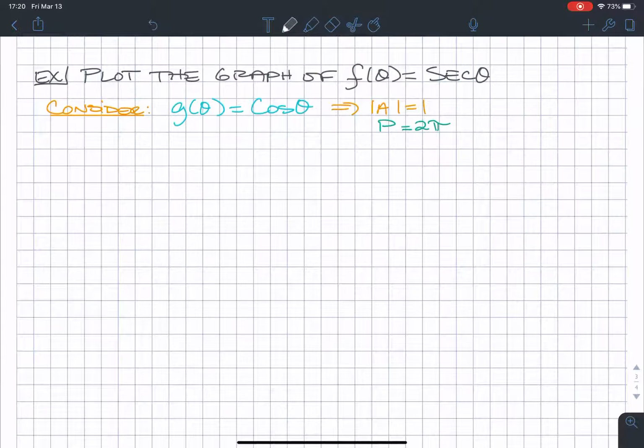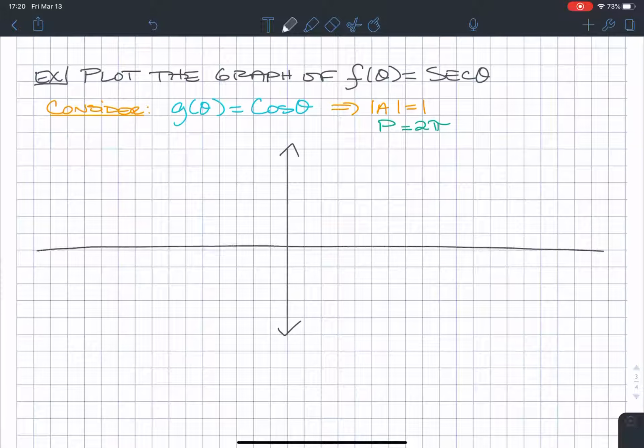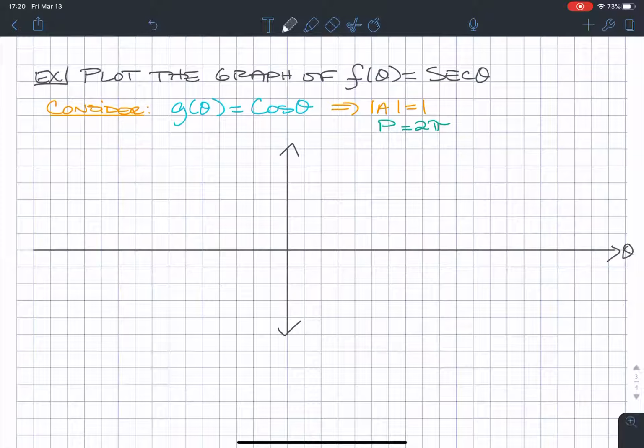So theta versus f of theta coordinate axes. Okay, so theta, f of theta, let's do 1, 2, 3, 4 quadrants going forward, and 1, 2, 3, almost 4 going backwards. My amplitude is 1. Okay, so this is 2 pi. Each quadrant is 90 or pi over 2. And the same going to the left, so minus pi over 2, minus pi, minus 3 pi over 2,